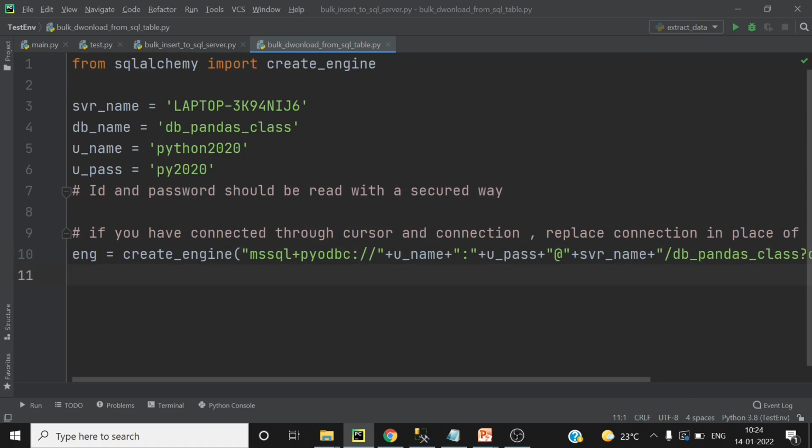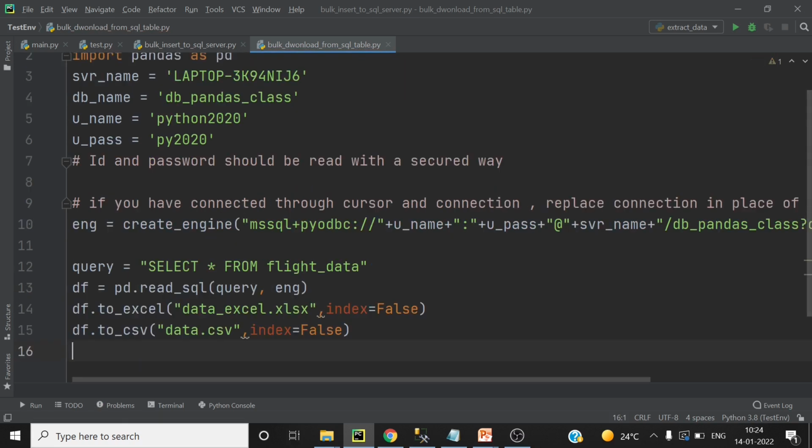After creating the engine in SQLAlchemy, now we have to extract the data using a SQL query. But before that, I am using Pandas to write the Excel files, so I have to import Pandas. All right, and then here is the query in front of you.